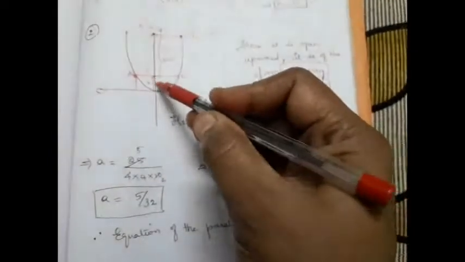So if we substitute in the equation x squared equal to 4ay, we can find what our a is. Once we know a, we can resubstitute here in x squared equal to 4ay. So we got x squared equal to 5 by 8 y. So at y equal to 2, we can find the value of x. X is going to give this distance, but we need the complete AB. So 2 times this distance will give you AB. So we have to multiply the x value by 2. So the AB length is 2.23 meter.